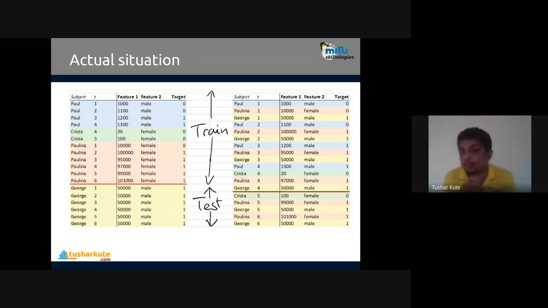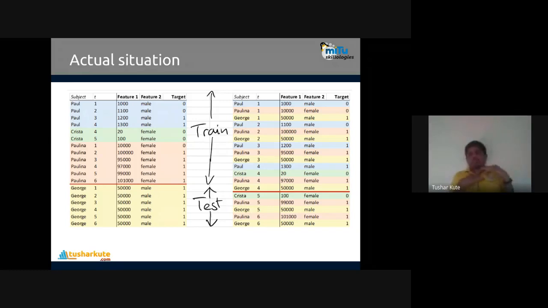But how do we know that the algorithm is performing well? Only when you apply data which is unknown to the algorithm. That is called testing data, because it was not used in the training. If you apply training data again, you may get 90% accuracy, because the model is built on the same data. But data which is not known to the algorithm should be applied to check the accuracy. That's why training data is not required for prediction. We have testing data, which is unknown data to the algorithm and is taken from the same data set. When we do the splitting, we split it into training and testing.